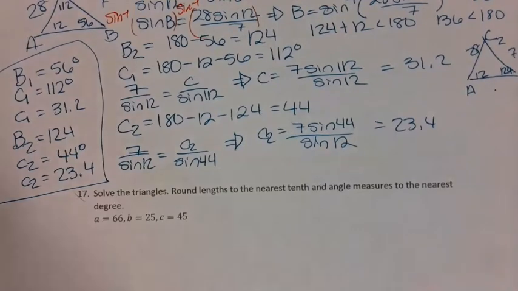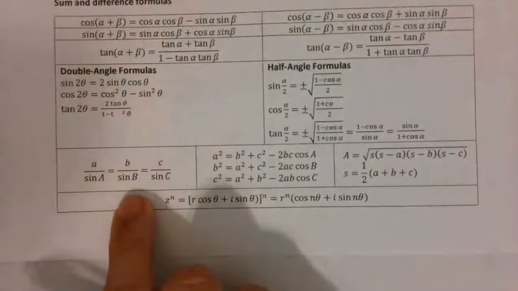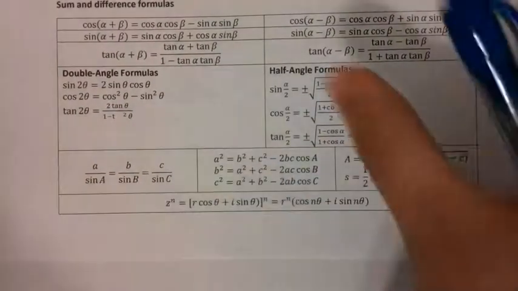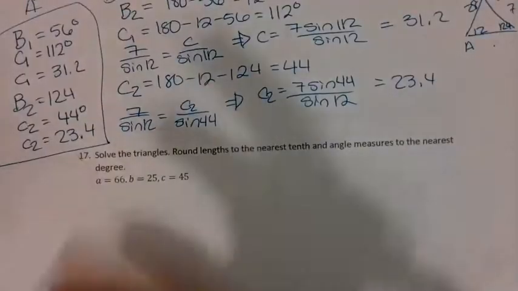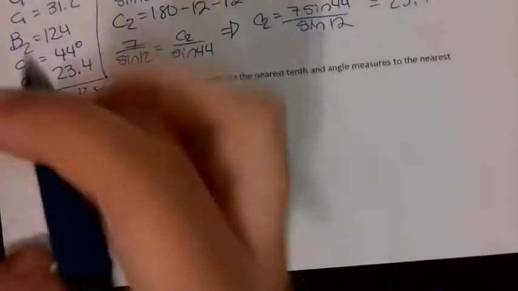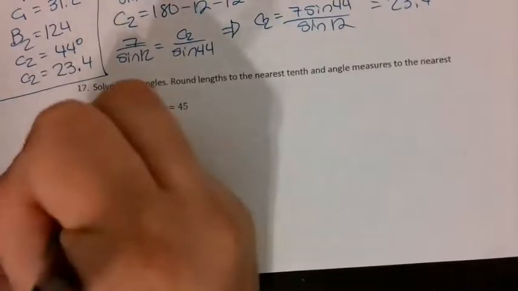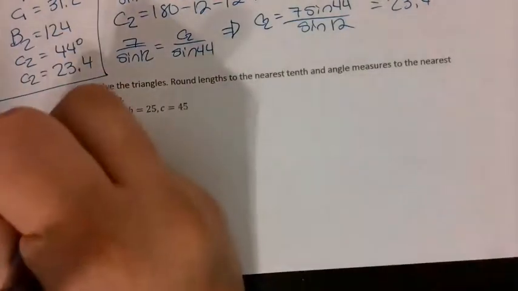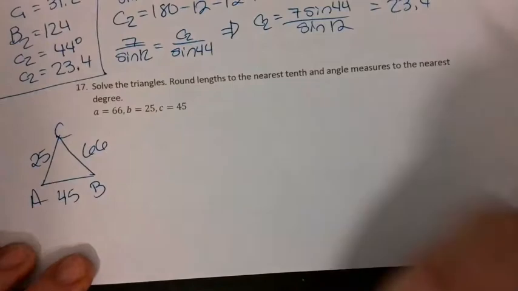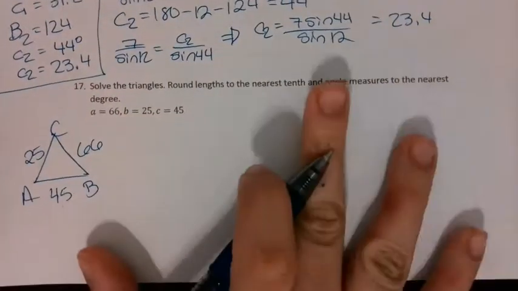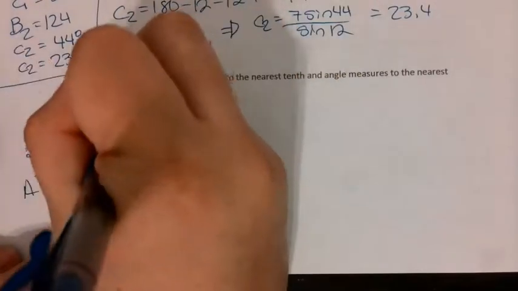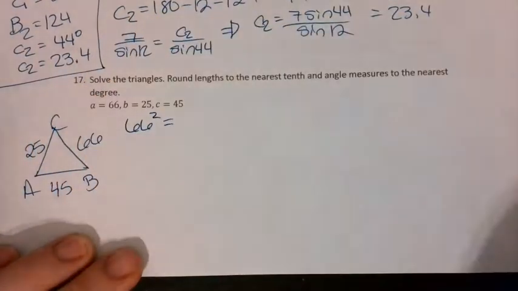And remember, if you forgot the law of sines, this is also on the formula sheet. Forgot to mention that. Law of cosines is right here. I'll be using that for the final problem. So what I'm going to do is draw out my triangle. These are all side lengths, so that's how I know I want to use law of cosines. When you have all side lengths, you want to take the largest side